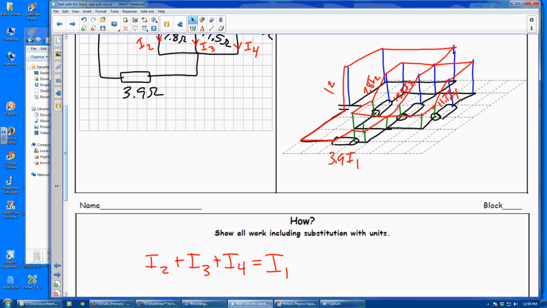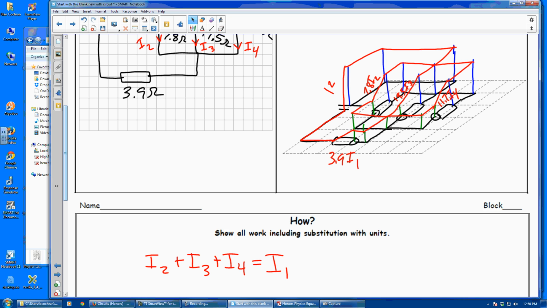There are 6 loops. Now, that doesn't mean I need all 6 loops. There are 6 possible loops, because I can do 3 through the battery, taking each branch at a different time. And then I can do 3 just around the parallel section, a big one around the outside, and 1 around each side. So there's 6 altogether. But remember, what I need is enough equations to be able to solve for my 4